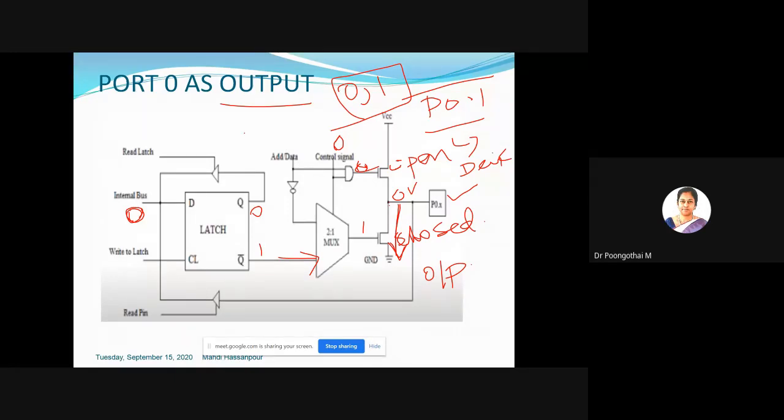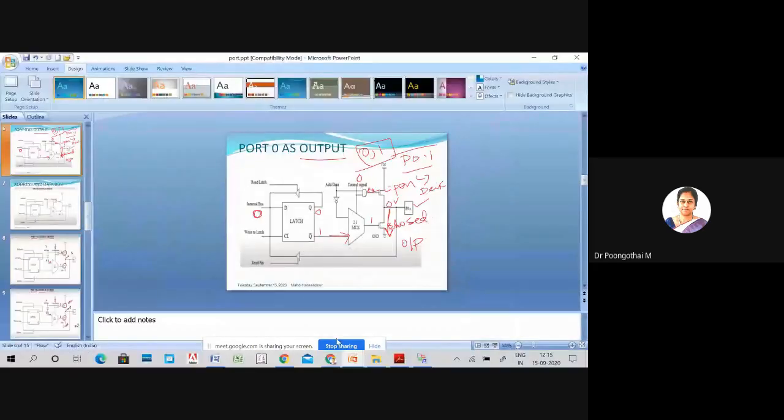Any other doubts? Any doubts regarding this logic diagram? This is a very important topic in unit 2. Ma'am, that AD line is there, so what will be the input in that place? I will explain in the next class. This block I will explain in the next class.